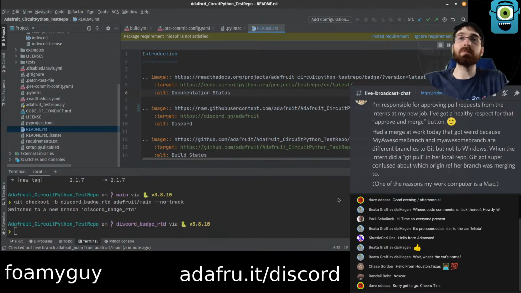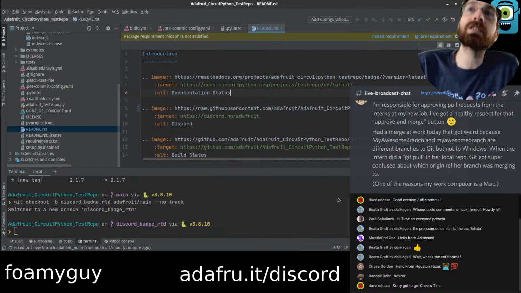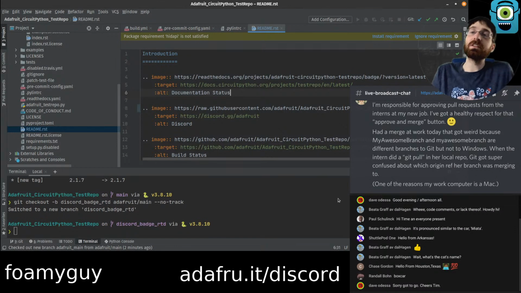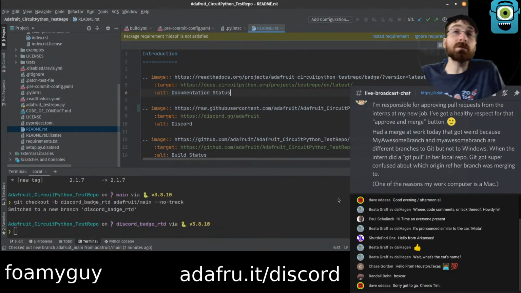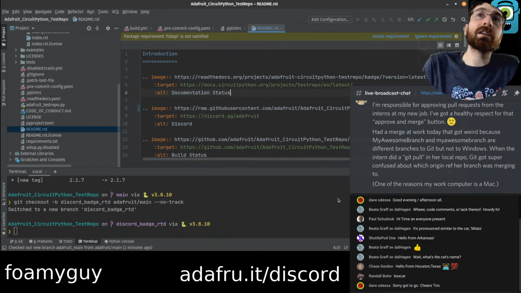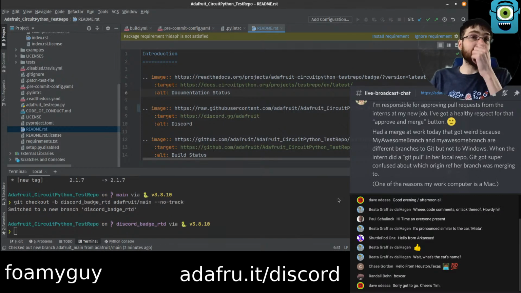I've gotten a lot better at Git since I started working on CircuitPython stuff, especially. I used Git a little tiny bit before that, but only to a very minor extent, in projects that had anywhere from 2 to 5-ish branches, and that was it. We were not making a new branch for every feature, nothing like that.